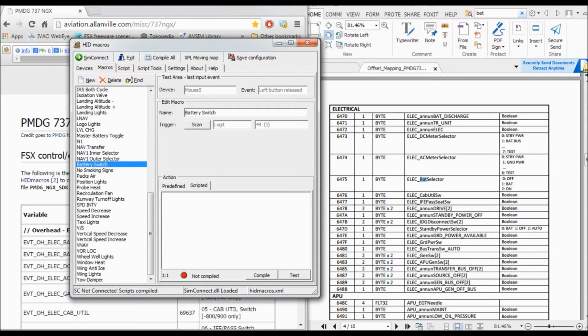So first type L1 equal HIDMacros.get FSUAPC int, which stands for integer. This program works with FSUAPC, which is installed in the FSX, so you need FSUAPC. Then LVAC underscore bed.selector, and then a comma,